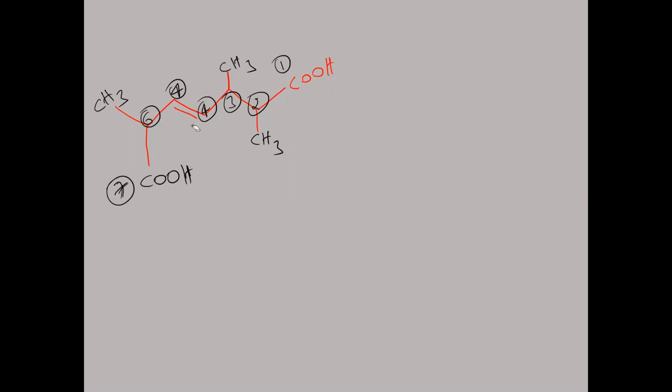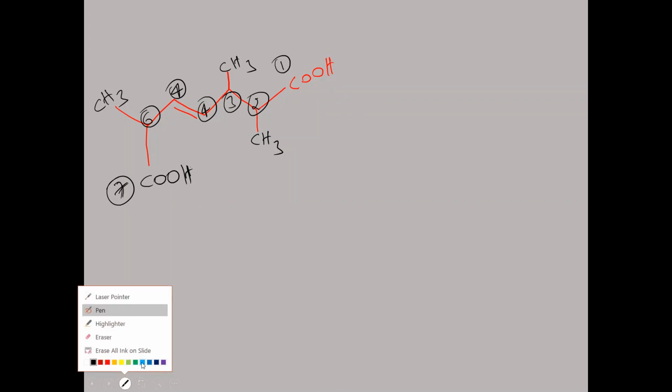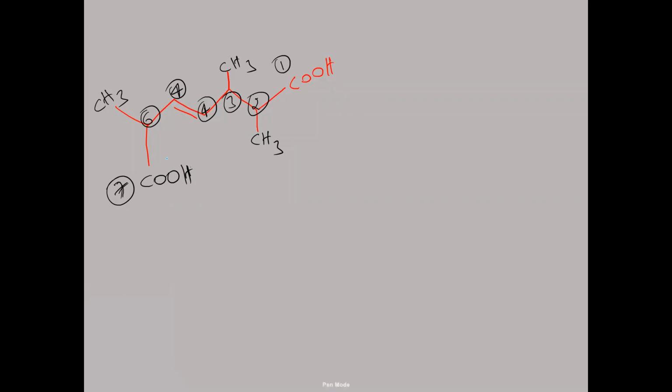So 3-ene should be preferred over 4-ene. That's why the numbering should be taken in the reverse direction. Now what is the reverse direction? Here we take number 1 for this carbon. If you take number 1 here, then number 2, number 3, the third carbon here, the fourth carbon here, the fifth carbon here, the sixth carbon, and the seventh carbon.